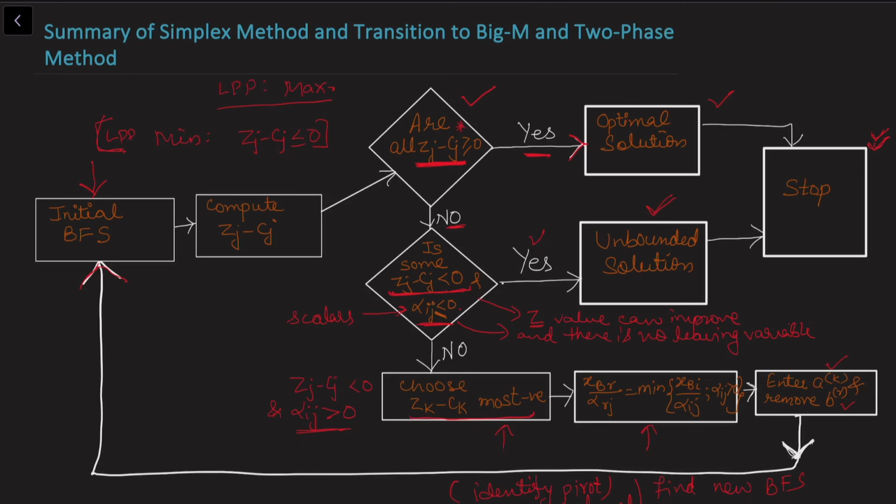So now we can see that for the simplex method to work, we always start from an initial BFS. That means we need to ensure that our LPP has an initial BFS. In the absence of this initial BFS, we need to move to big M and two-phase. But before moving to big M and two-phase, let us further see which LPP have an initial BFS and what are the formulas to get the initial BFS.